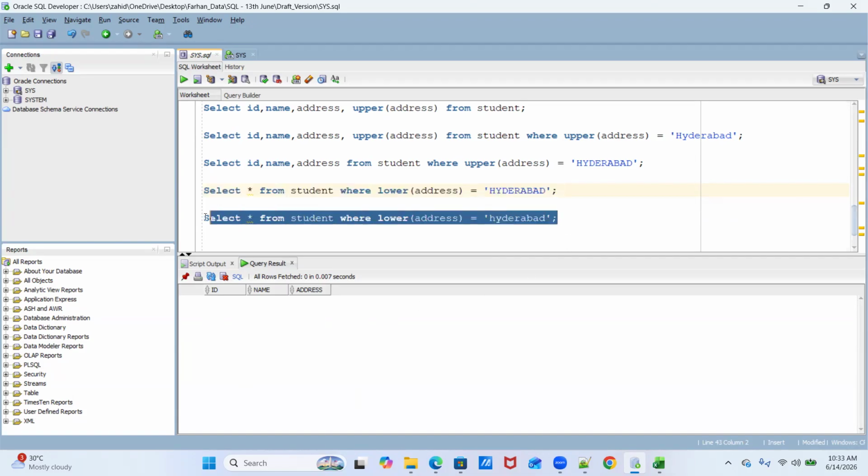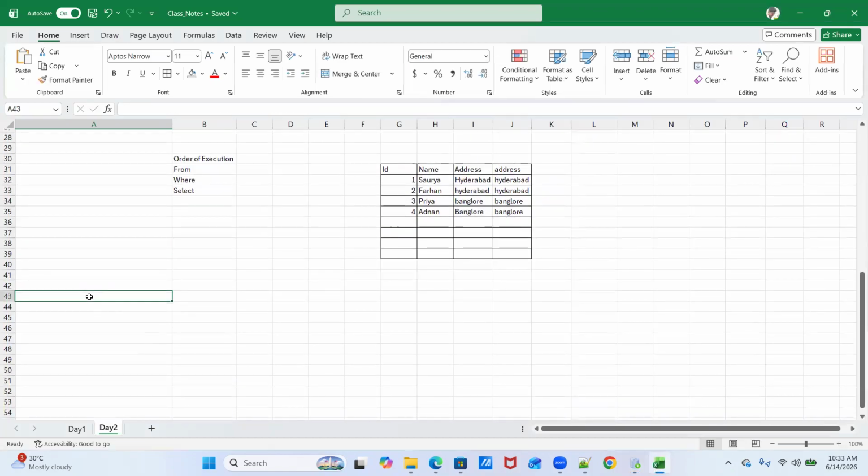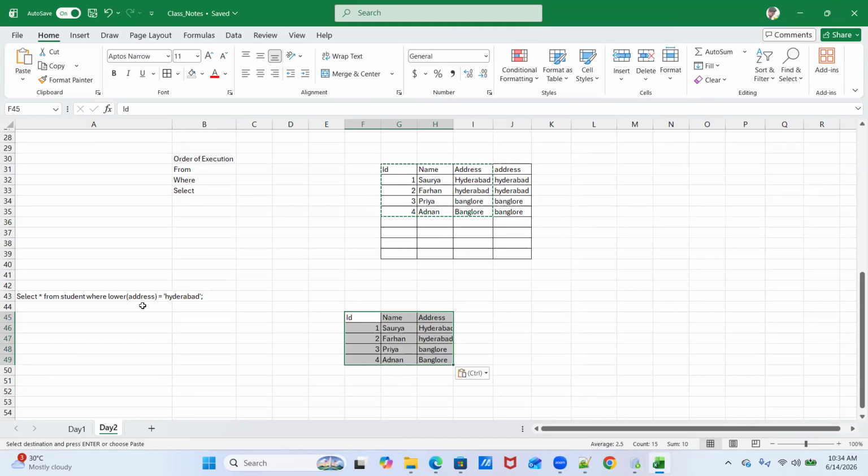Now, let's understand the second query. In the same manner, the engine will do the same story. It will take a copy of the student table and keep it in temporary memory. Then it will check if the user has intentionally put any filter clause. It will see that the user has put a where clause, and wants me to convert the address column into lowercase. So it will convert the address column into lowercase, the same way we were doing it over here.